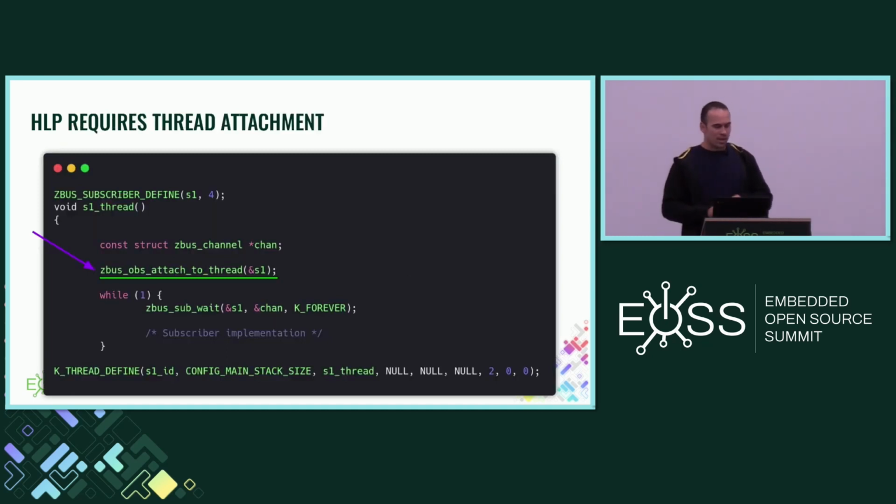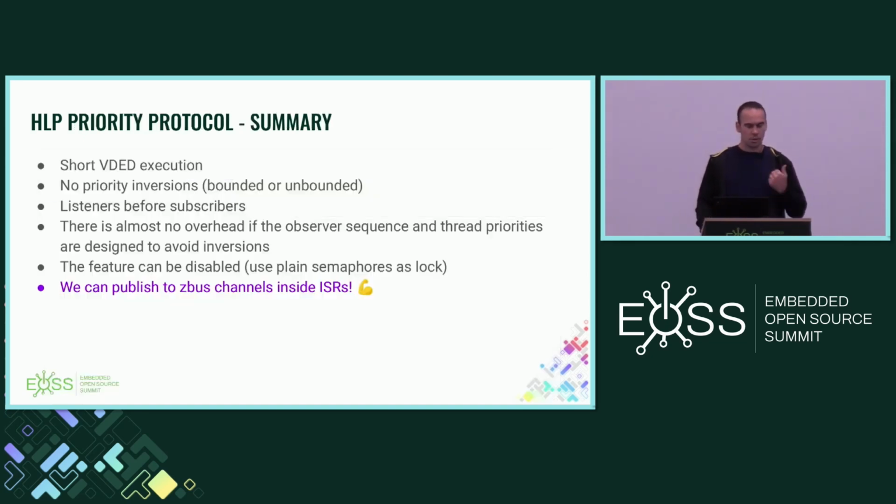So we have the HLP requires a priority for the observers, and until now we didn't have this kind of thing. But to do this kind of calculation, we need to attach the subscriber to a thread. So usually we just use a subscriber on one single thread. So we need to attach. We have the detach method function as well, but we need to attach the subscriber to a thread to make sure that the thread's priority is inherited by the observer.